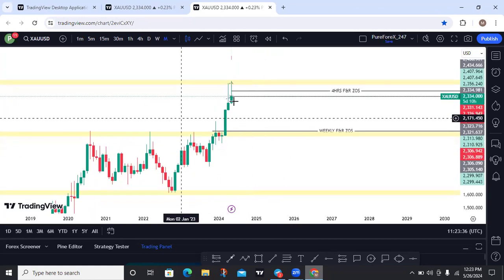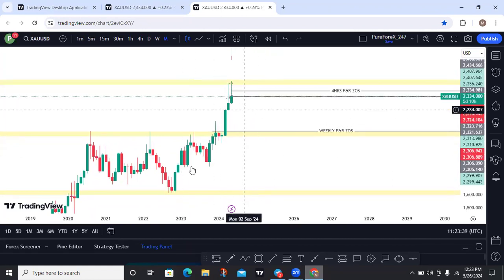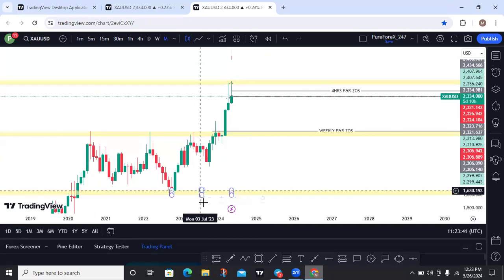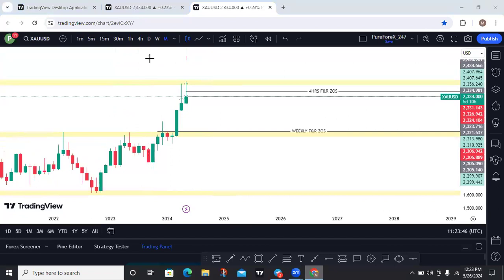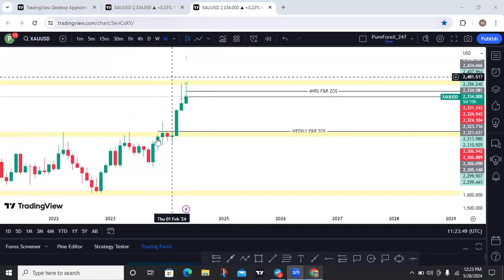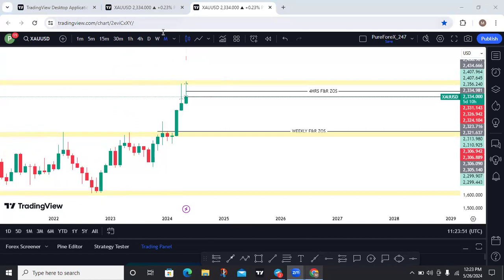Ever since gold entered into the upper zone on the monthly time frame, last month when gold entered into the upper zone, there was a serious rejection. This is the rejection. When gold touched the monthly upper zone of sensitivity, here, gold rejected. Look at this rejection. And the monthly candle closed as a hammer, right? Is that a hammer? Is it a shooting star? Yeah. So this is the rejection. The market got rejected here. So we're expecting that gold is going to drop.